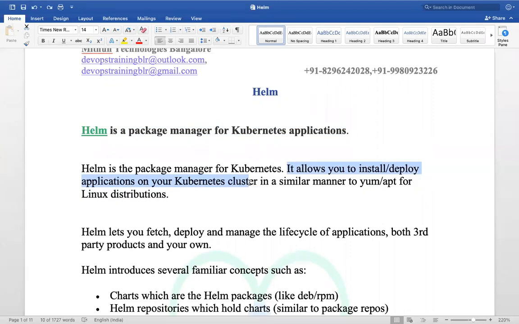So it's a package manager, like you have package managers in Linux or Windows also. Like you have yum, apt, those are also package managers, right? So what is the use of package managers? It makes our life simple to install the software.